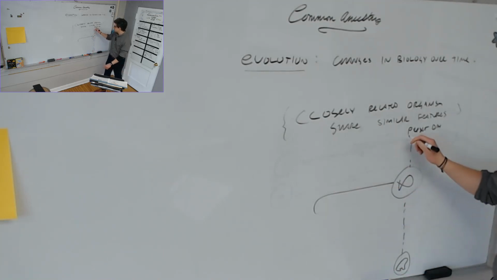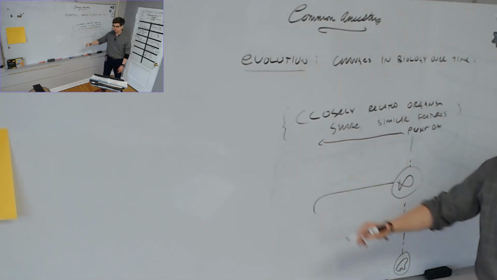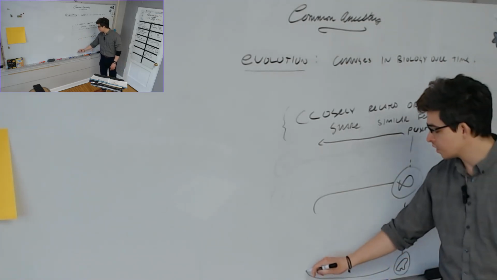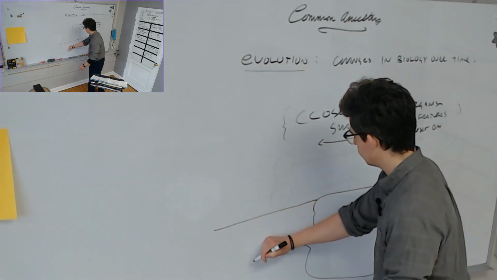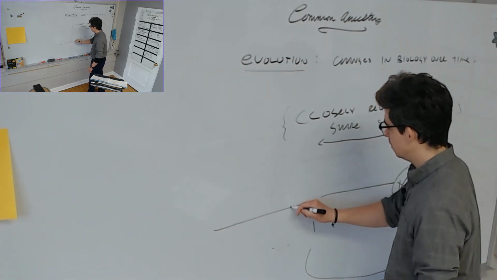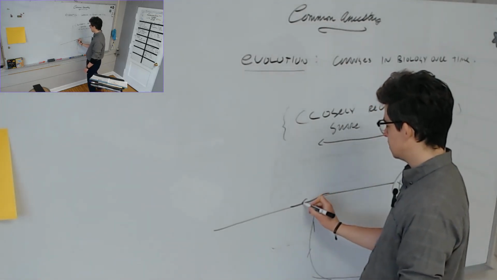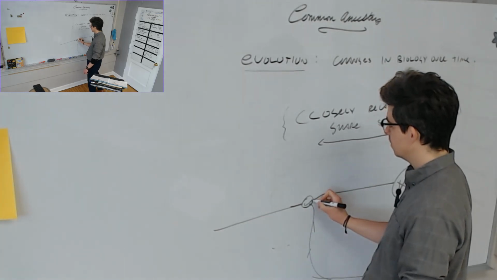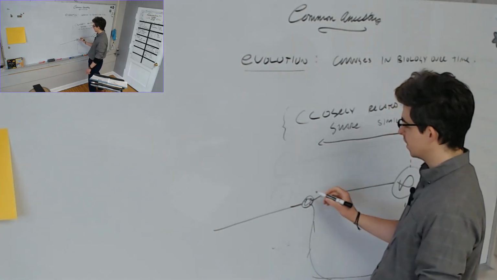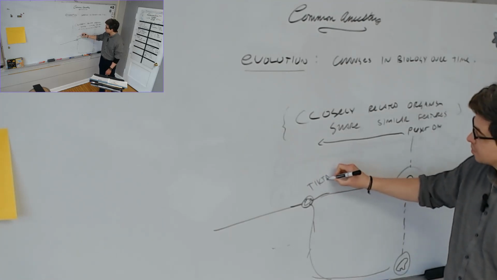Now, as I'm drawing things in this direction, what does this represent? Yeah, back in time. So there are other organisms. These two things have a common ancestor. In fact, I should probably draw it more like this. These two things have a common ancestor with something like Tiktaalik. This is going to represent Tiktaalik, and this is overly simplified.